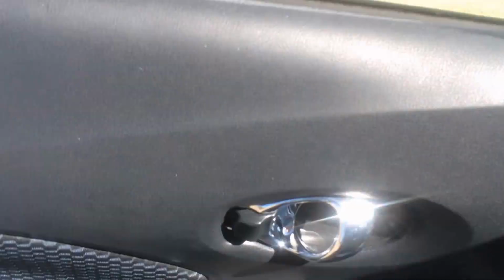So one cool thing that I do like about this is that it actually has a 6-way adjustable front seat here. So you can adjust this. The seat comes up or it goes down, whatever. You also have the controls for the back part here. The passenger seat, however, does not have that, which is kind of a bummer. So at least here's the passenger. However, just taking a look on the inside,